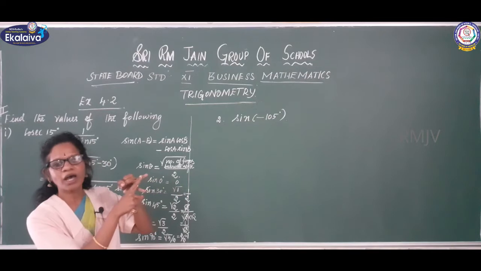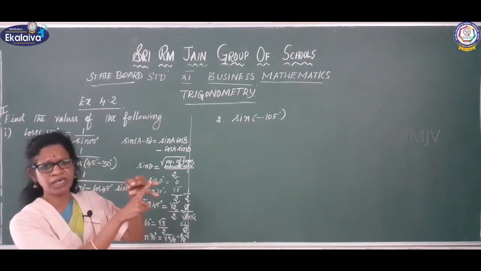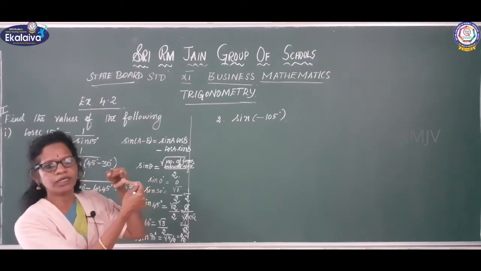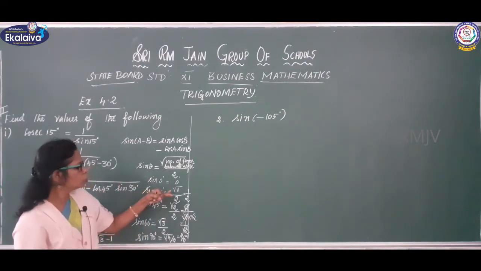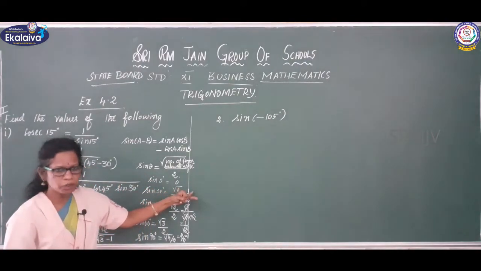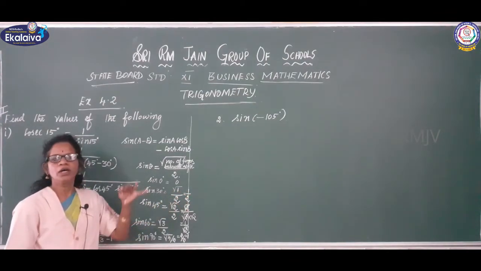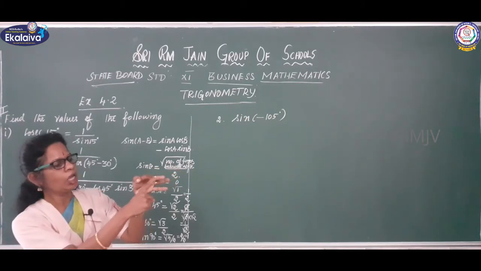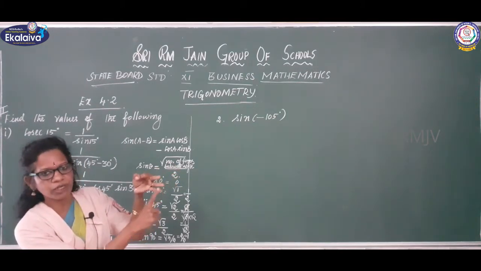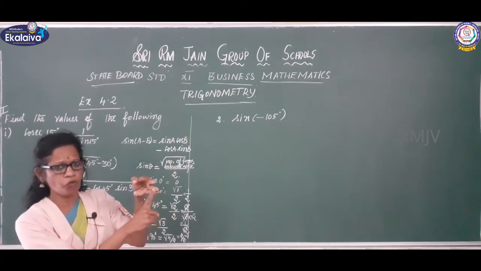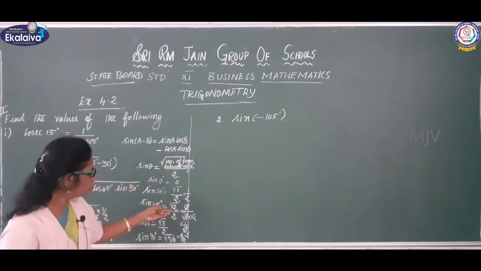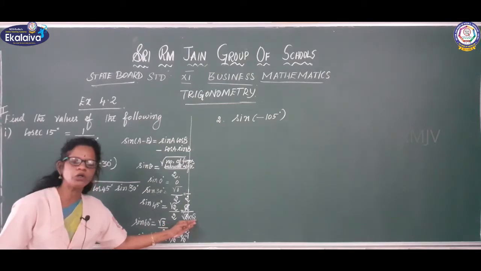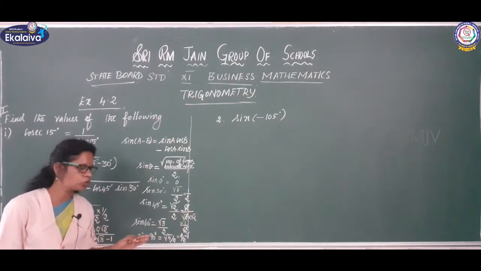Next, ring finger is what I said, 30 degree. Below 30 degree, how many fingers are there? Only 1 finger. So, square root of 1 is nothing but 1 by 2. Long finger is what angle I said, 45 degree. Below 45 degree, how many fingers are there? 2 fingers. Square root of 2 divided by 2. Then 2 can be expressed as root 2 into root 2. You arrive at 1 by root 2.